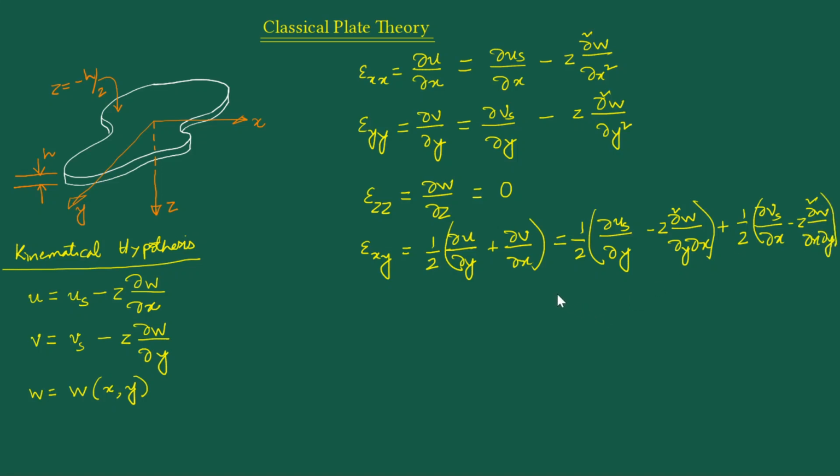So overall, what we are going to end up with here is clubbing these two terms together with the half coefficient in front, and please note that this term and this term are the same because we don't care about the order of the partial derivatives, and what we end up with here is